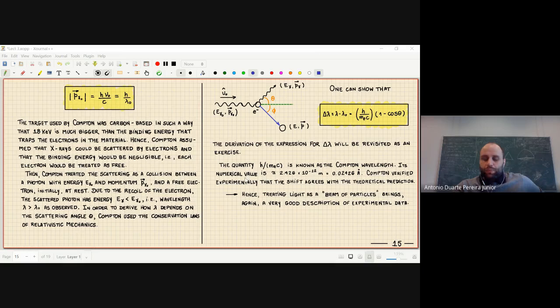And what Compton managed to show was that this expression that he derived from the conservation laws of relativity, assuming that light was made as a beam of photons, was in very good agreement with experiments. So again, treating light as a beam of particles is giving the correct answers for experimental data